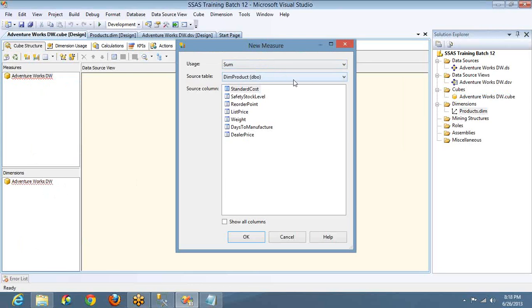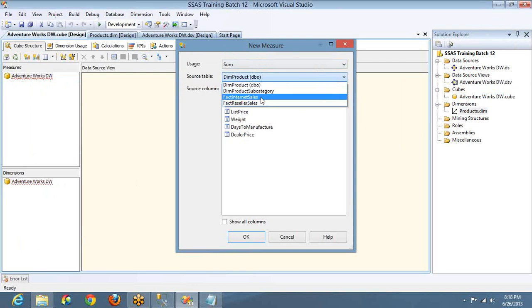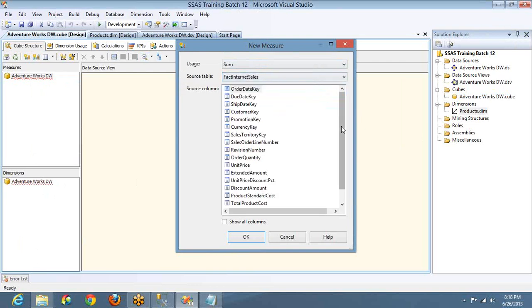What is your measure group table here? It is fact internet sales. So let me select the fact internet sales, and in this, what is the column that I want? If I select this fact internet sales, if you observe, all the integer and decimal columns are loaded here, not the remaining columns. The reason is metrics should be always integer, in most cases. Here, what is my requirement? My requirement is to show sales amount. So here it is the sales amount.